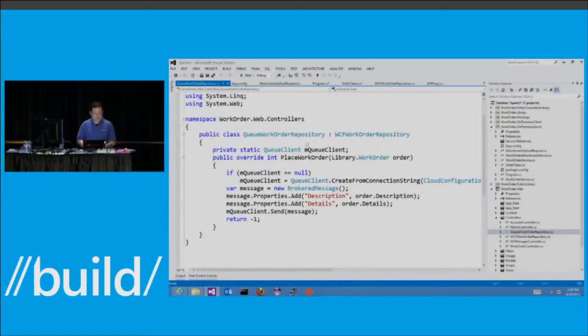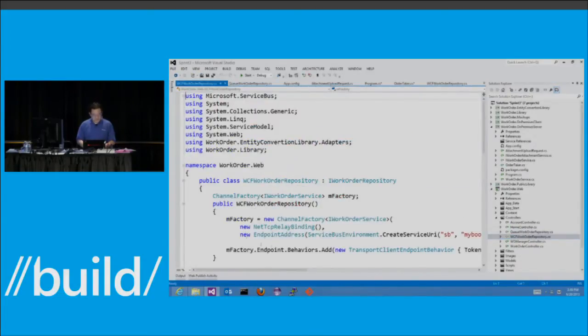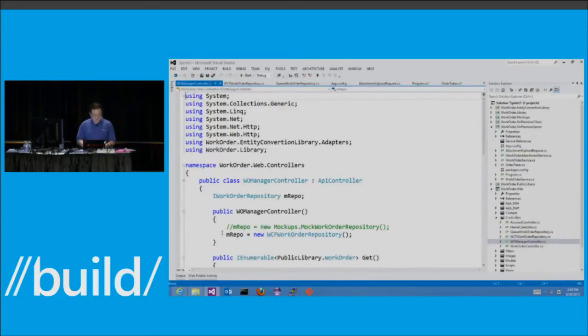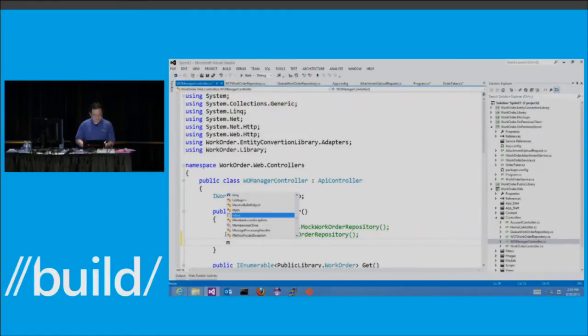I'm using the same queue client connected to the same queue, and I'm just generating orders to this queue. Back to my API controller, instead of a WCF version, here I'm going to use the queued version, the queue work order repository. Okay, I believe it's ready.